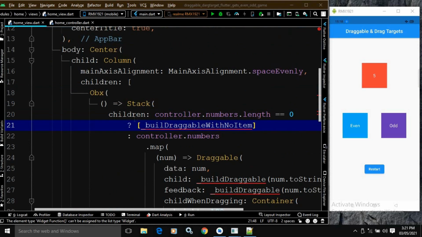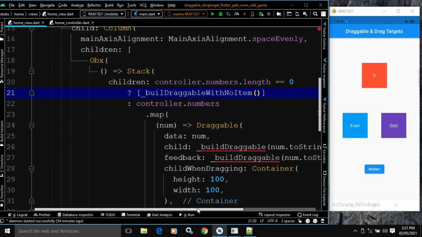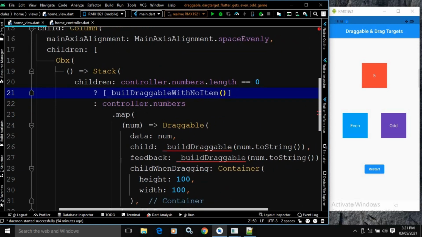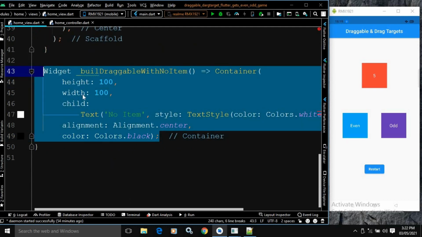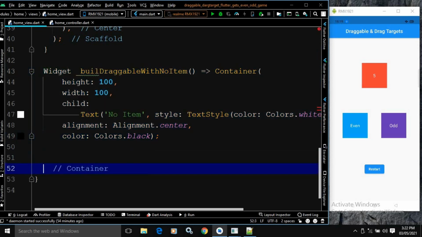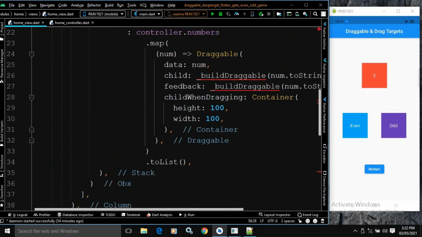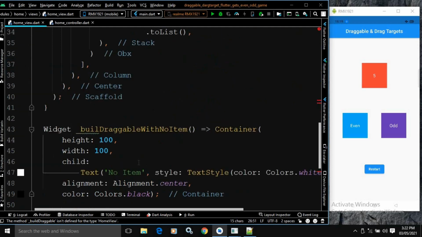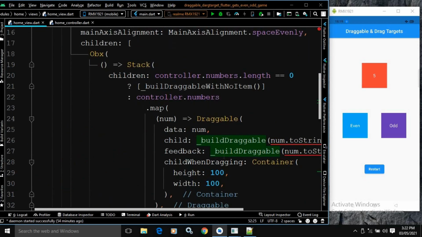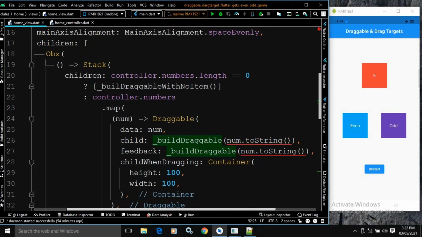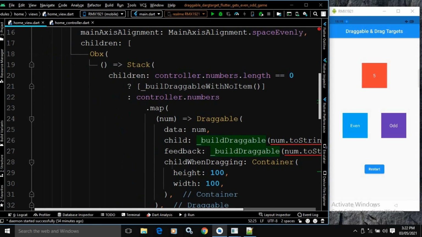Now here I need to put parenthesis because this is a function now. Now here I need to create this build draggable function as well. So let me move downwards, and here I will simply copy this function, paste it here, and let me change the function name to build draggable. And here you can see, while calling this build draggable, here I am passing a string parameter.